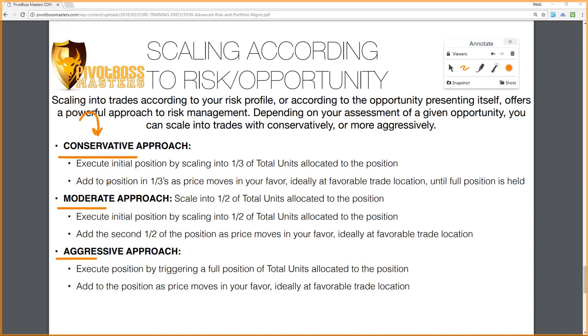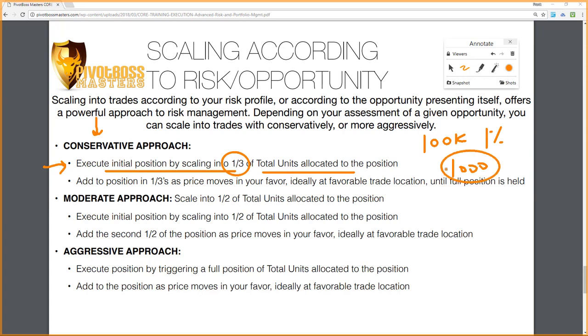You can be this by nature or this by nature, but what I'm asking you to do is be able to move in and out based off of the opportunity or based on the risk that you're seeing at the moment. So if at the moment things are not as good as you think they could be, but you do want to have some exposure because you think the opportunity is good, you might want to go with the conservative approach. The conservative approach would be executing an initial position by scaling into a third of the total units allocated to the position. So again, remember, if you're using a 100K account, 1%,